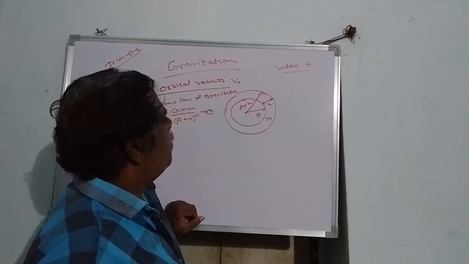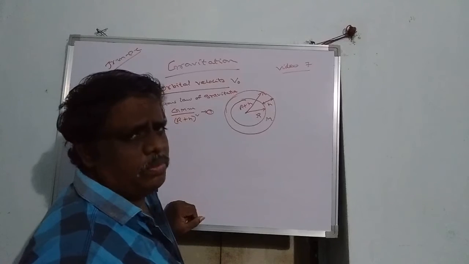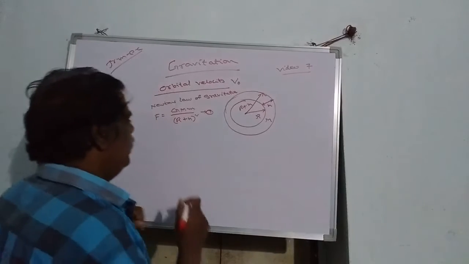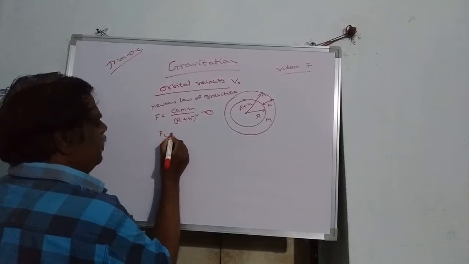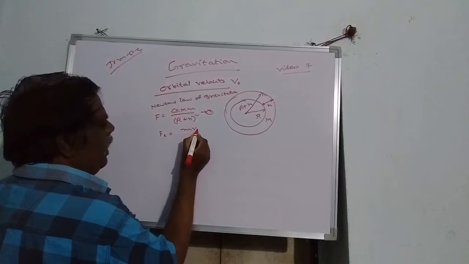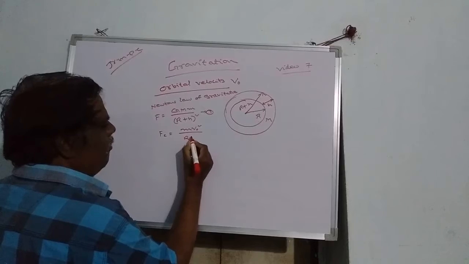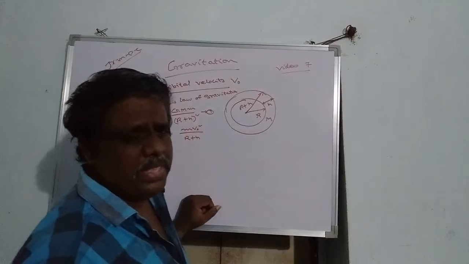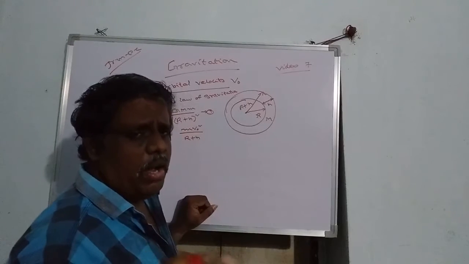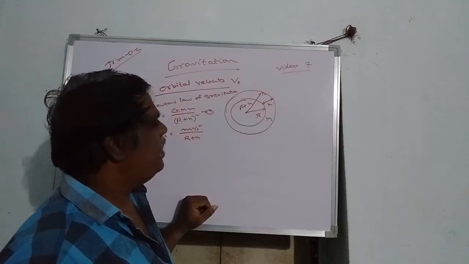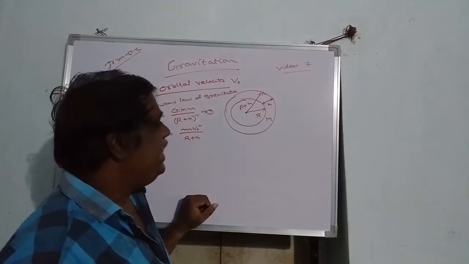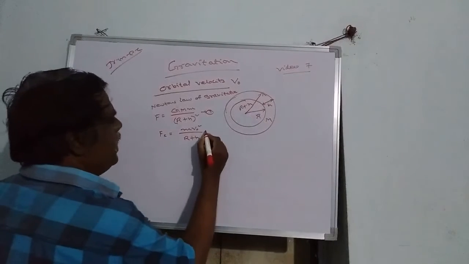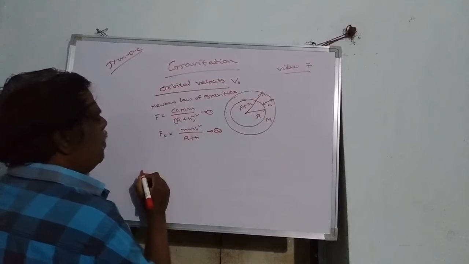Next, when the satellite revolves around the planet, it requires some centripetal force to revolve around the planet. So the necessary centripetal force Fc is equal to m v naught square by, generally m v square by r, but here from the center of the Earth it will be r plus h. Instead of r, we write r plus h, because every object will be attracted towards its center. Here also, the satellite will be attracted towards the center of the Earth. So this will be equation number 2.